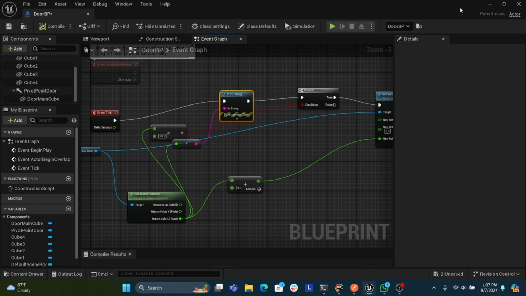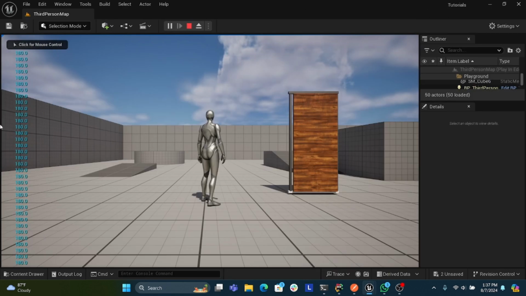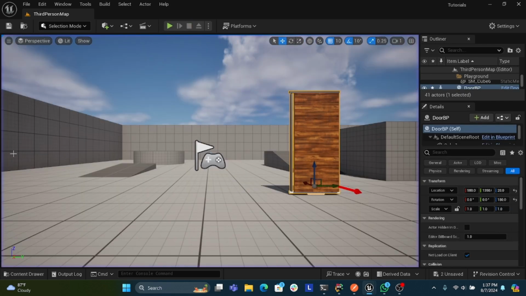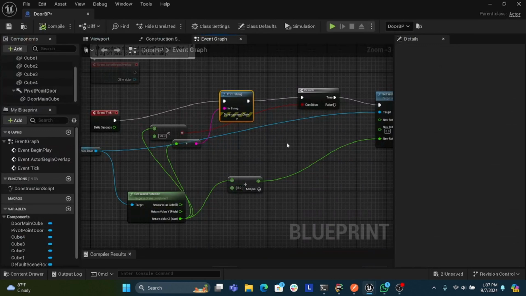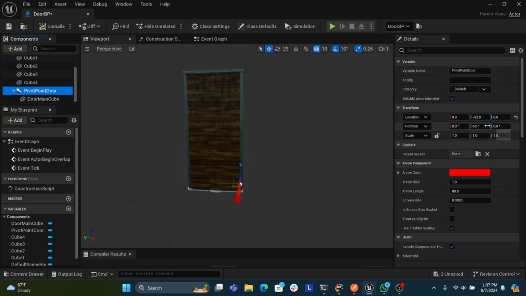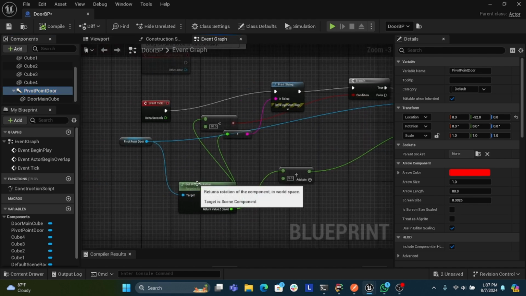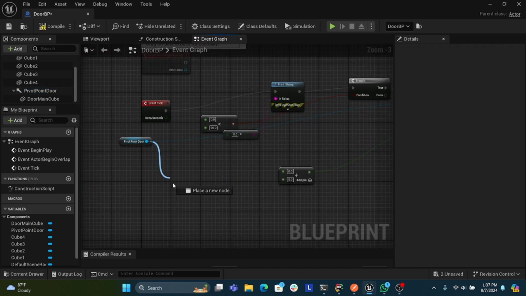Now it will print the angle. It is exactly 180. That's what it is. So now let's go to the pivot point in the viewport, and click on the pivot point, and the rotation of the world is 90 degrees. So now let's change this world rotation to a relative rotation